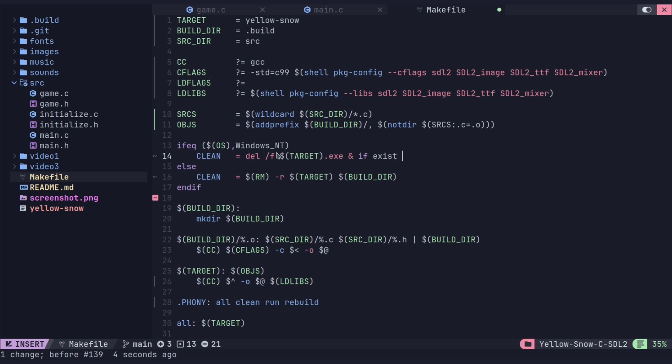We need to delete the build directory, but there's no way we can do it without this if symbol. If we just try to delete it, we'll always get this kind of error message if it doesn't exist. So that's why it's in this if statement. We'll say if that exists, we're going to remove dir